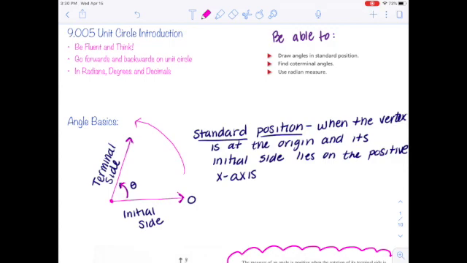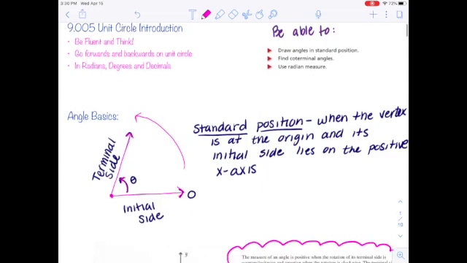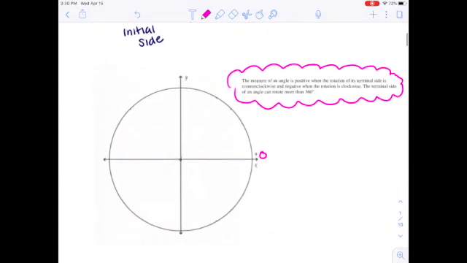Moving in a negative direction would be going clockwise. Please keep that in mind. That's super important. All right, so we're going to get into drawing a few basic angles. We're going to put our vertex at 0, 0. Our initial side is always the positive x-axis. And we're going to open up an angle,